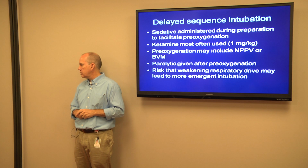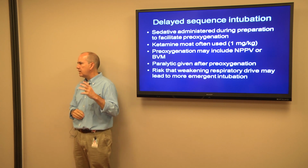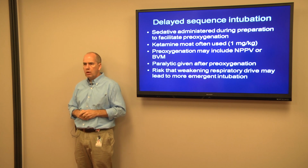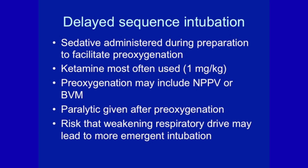So delayed sequence intubation is a fairly newly described technique, mostly described in adults, but with some case reports in children. It is a technique for a kid that you cannot adequately prepare for intubation. You cannot adequately pre-oxygenate them, and that might be because they are agitated or have significant developmental concerns. It's been described typically with ketamine, so that you've done some mild dissociation,